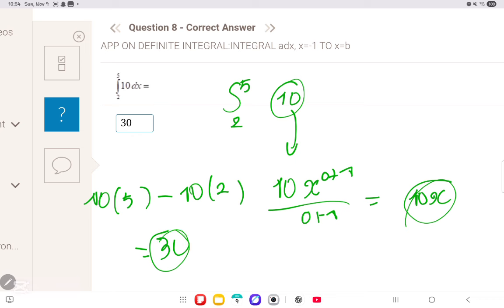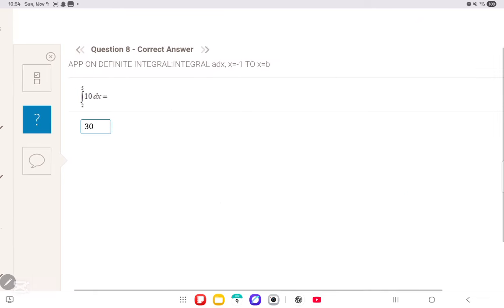This is one way to do it. Another way to do it would be 5 minus 2 will give me 3. And then I do 3 times 10, and I will get my answer to be what? To be 30. That's question number 8. We'll move on to question number